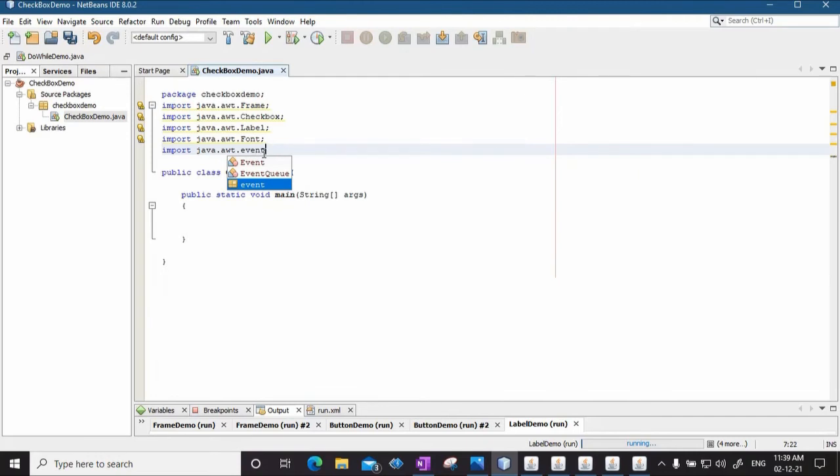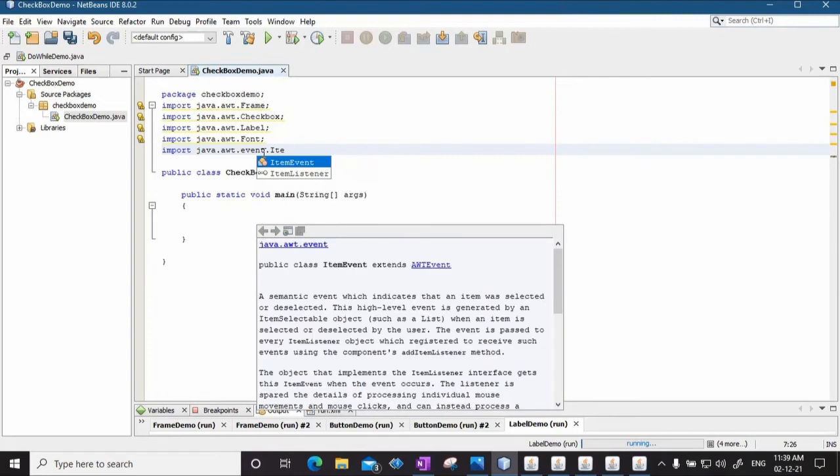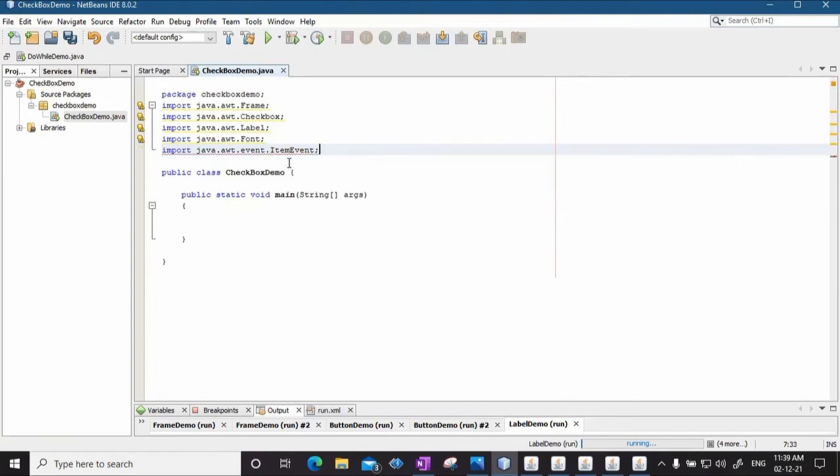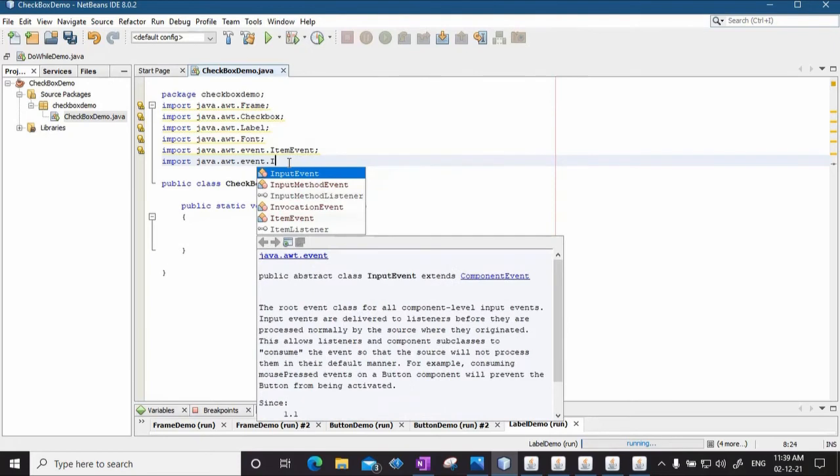Event is a package, and within this package, java.awt.event, we have a class called as item event. Okay, item event, which takes care of the item events, and then within the same package there is something called as item listener. java.awt.event dot item listener.